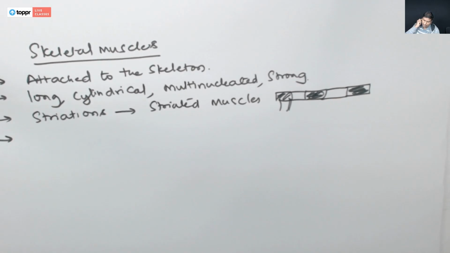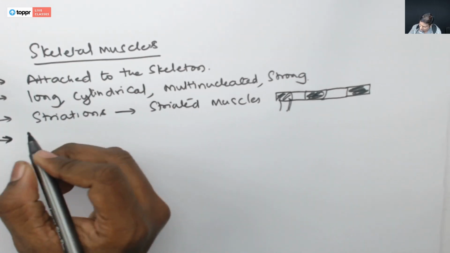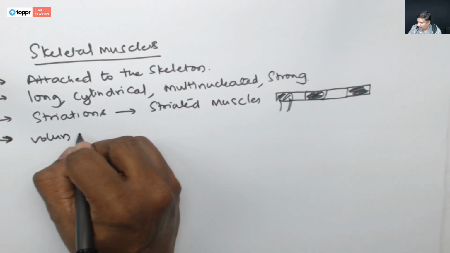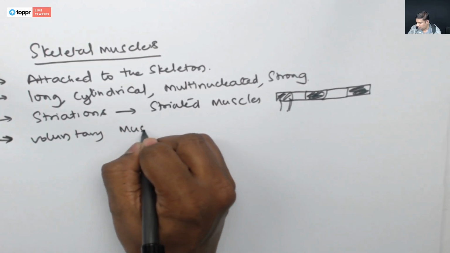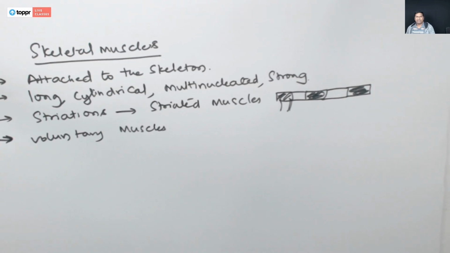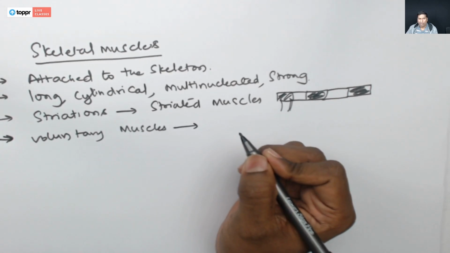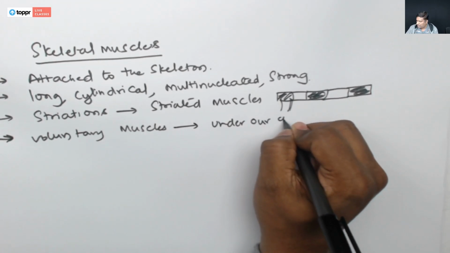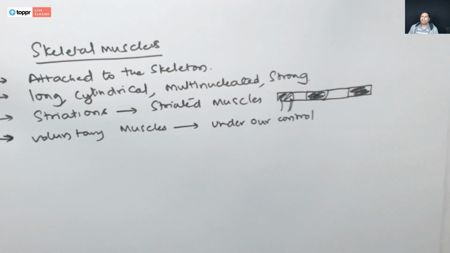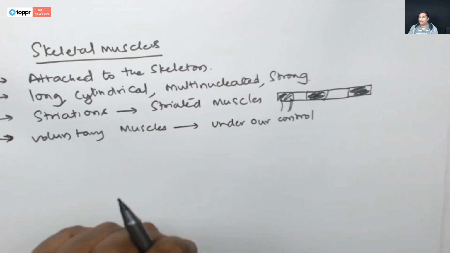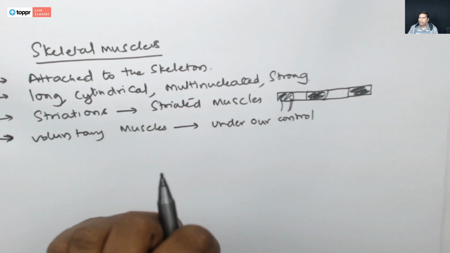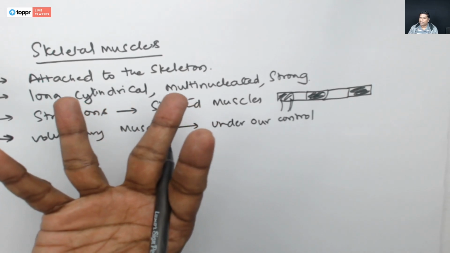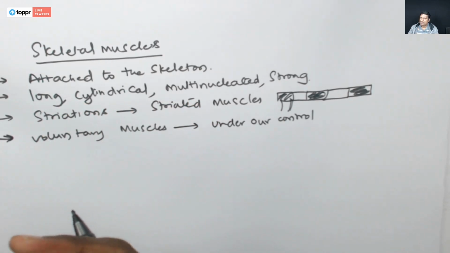Now, the other important characteristic of skeletal muscles is that these are voluntary muscles. Why do we call them voluntary muscles? They are voluntary muscles because they are under our control. All the bones attached to the skeleton are under control, because of which, if you want to move the hand, we are able to move the hand, or if you want to move your fingers, we are able to move the fingers, because the muscles